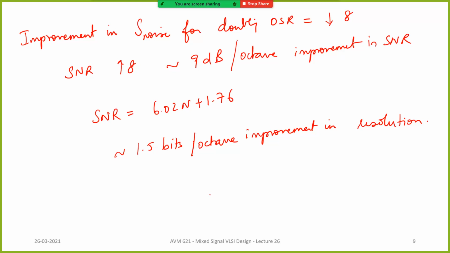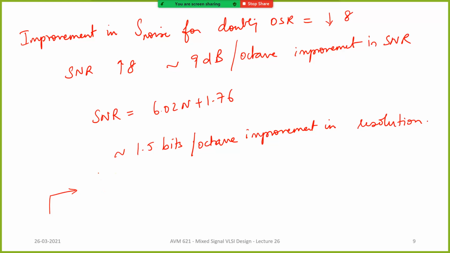If I'm doing, let's say, 128 oversampling or 256 oversampling ratio, I'm going to keep increasing my resolution. So I can take an 8-bit ADC and easily construct a 16-bit ADC or a 20-bit ADC and so on. What people have even come up with is that they said, why even look at an 8-bit or a 6-bit ADC? I will do it with a 1-bit ADC.